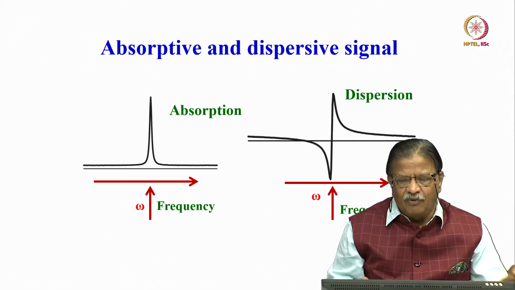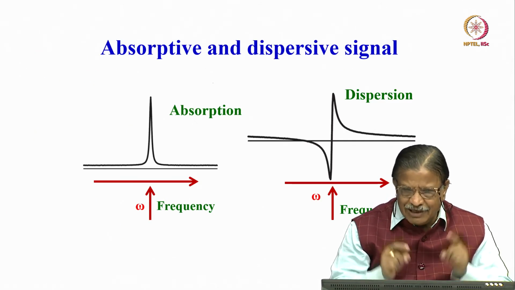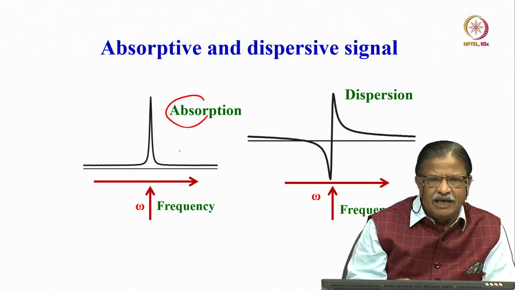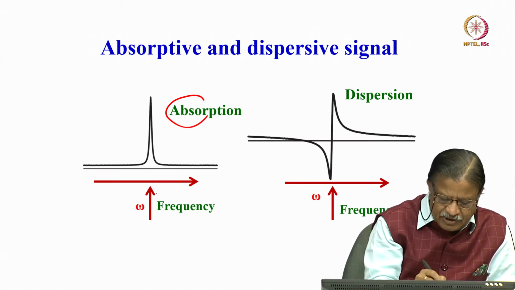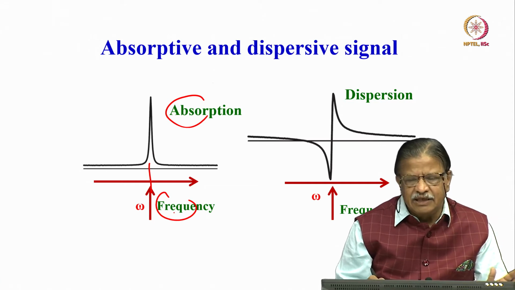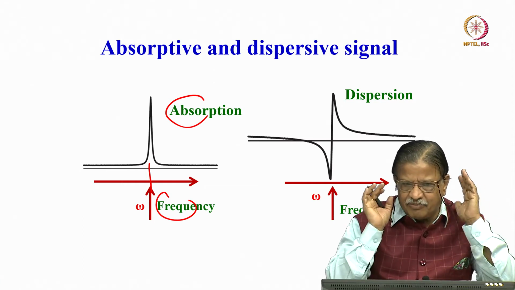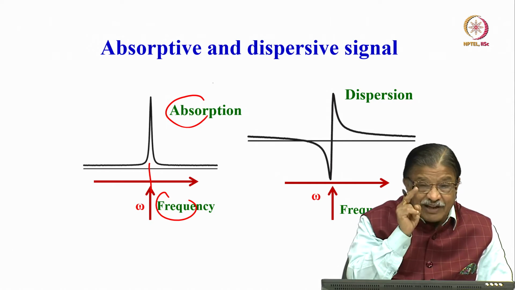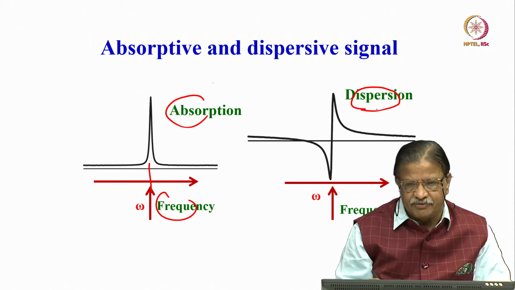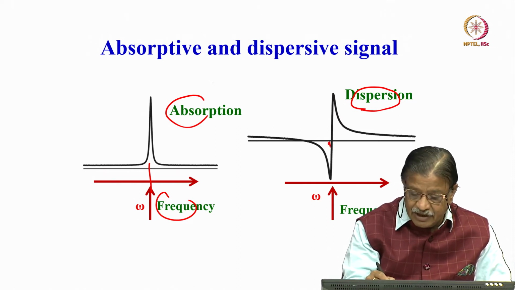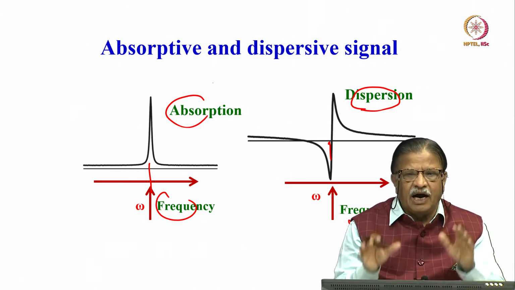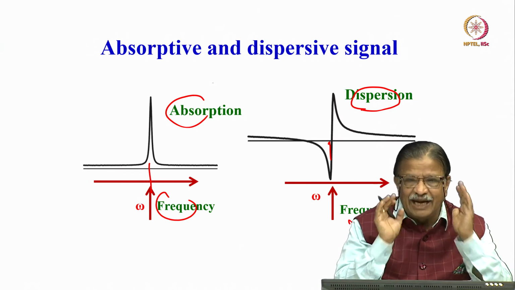cycling. So, what is that absorption mode signal? What is the dispersive mode signal? See, this is the absorption mode signal where you can see the signal positive and it is completely absorbed. This is the center, this gives the frequency of it, and this is in general called an absorption mode signal. Same thing, if it is 90 degrees out of phase, this is the dispersion mode signal, it will be like this. Again at the center of this is where you can measure the frequency. Absorption and dispersion are just out of phase by 90 degrees.